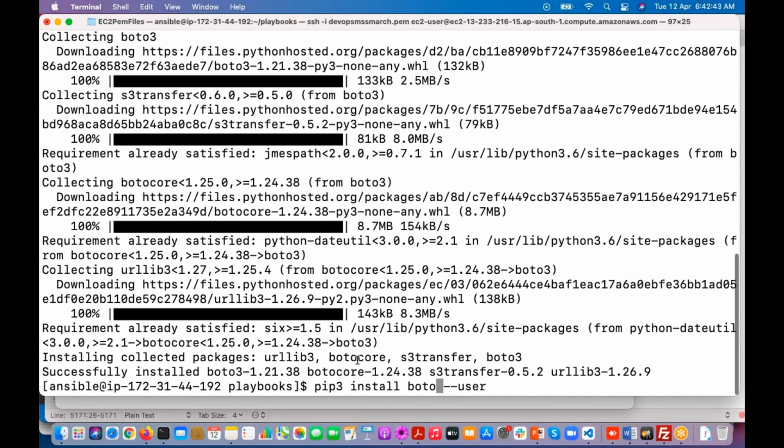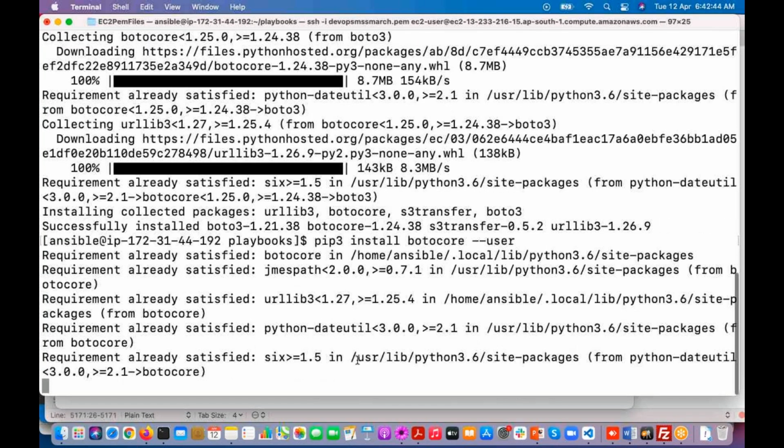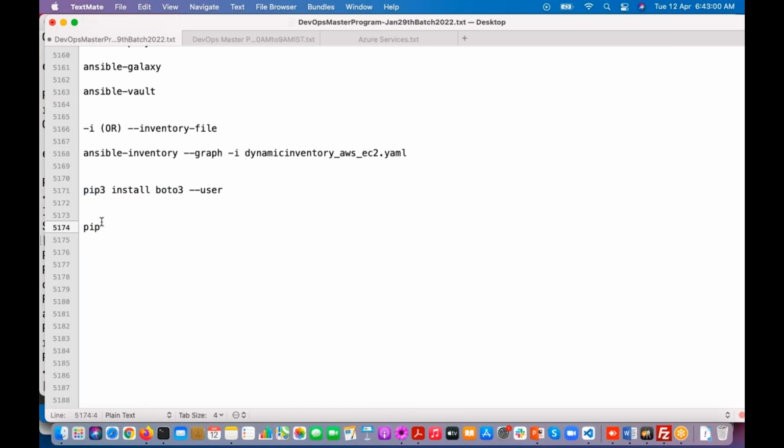If you specify Botocore, it says requirement already satisfied. And also you can upgrade the requests package. So if you want to update,